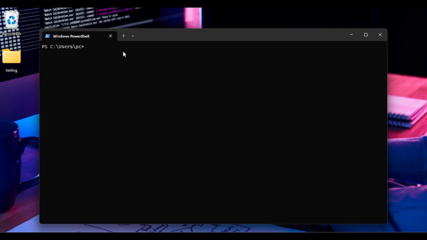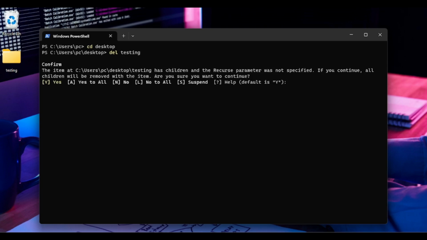So with that done, what are the other things we can do with the command line? We can delete this testing folder. Let me navigate back to my desktop. cd desktop, and then I type delete. What's the name of the folder? Testing. Yeah, the item parameter was not specified. If you continue, all children will be removed. Are you sure you want to